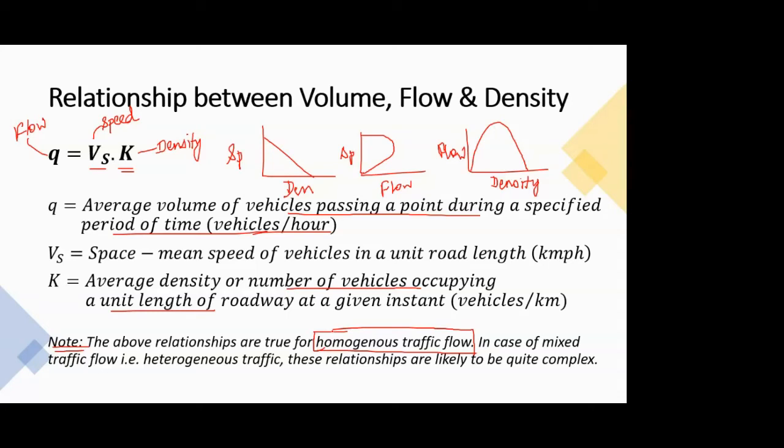So in case of traffic flow, when you say that it's homogeneous, it is sort of that, suppose on a road stretch you have all cars. There is not a single two-wheeler, not a single truck, or not a single any other type of vehicle other than the car. So in that case, that stream or that traffic flow is known as homogeneous because there is only one type of vehicle in it.